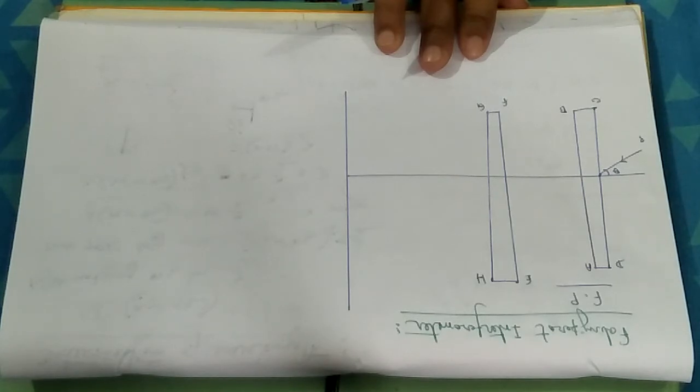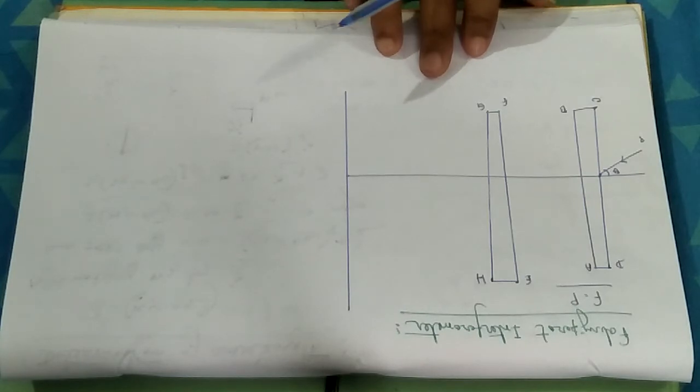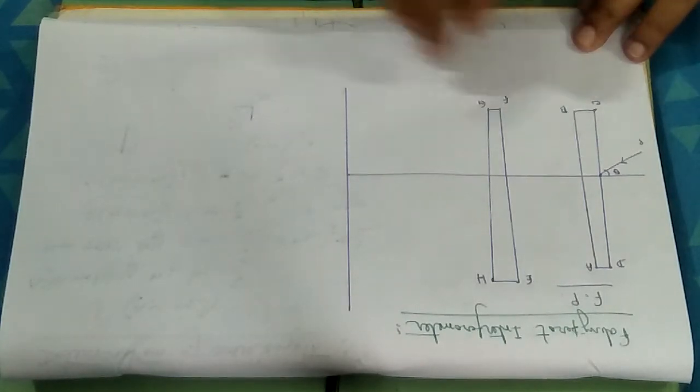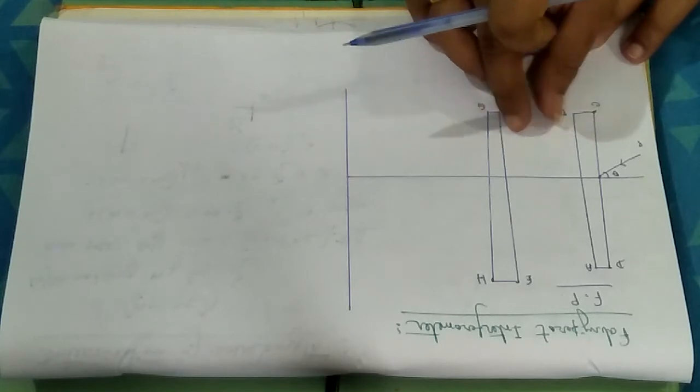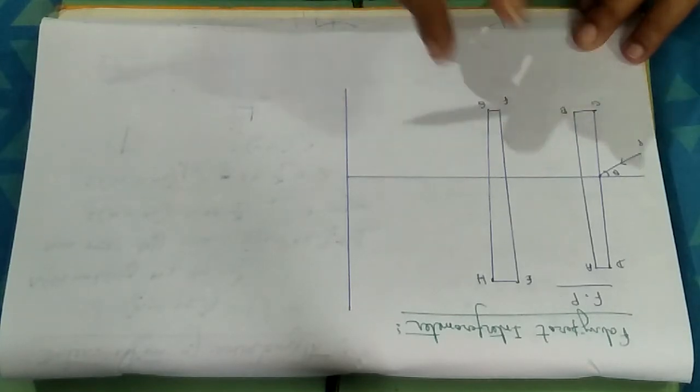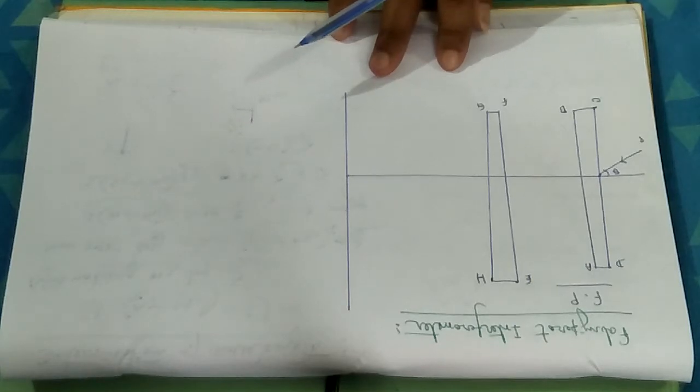The other faces CD and GH are also plane parallel, but these are a little inclined to the faces AB and EF respectively. The faces are made at a slight angle. The angle is between 1 to 10 minutes of arc. Now, one of the two plates is kept fixed, and the other can move to change the distance between the two glass plates, or change the thickness of the thin film created in between.